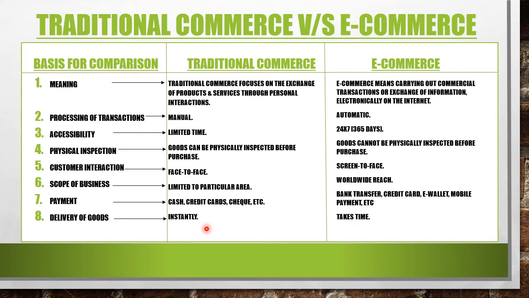Okay, but in case of e-commerce, what will happen? It is going to take time. Even if you ordered the product, it takes some time to come to your home. Okay, depending upon your area where you stay, it is going to take time. Okay, it can take 2 days, it can take 3 days or a week. Okay, likewise. Then lastly we can say scope. Now this scope point, scope means what? It is the scope of a business only. Either you can write limited to particular area in traditional commerce, or you can even write local.